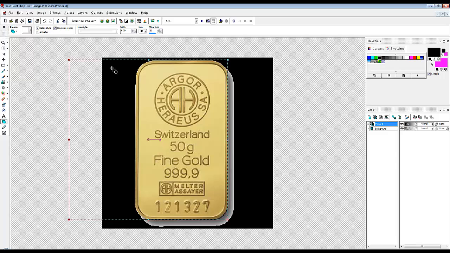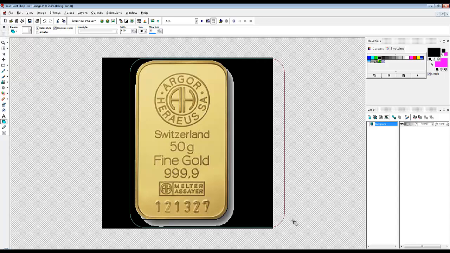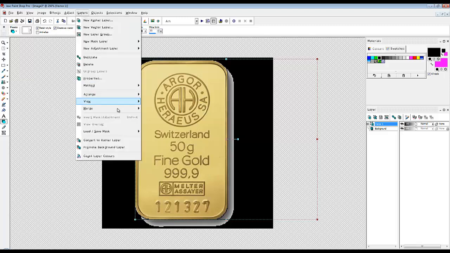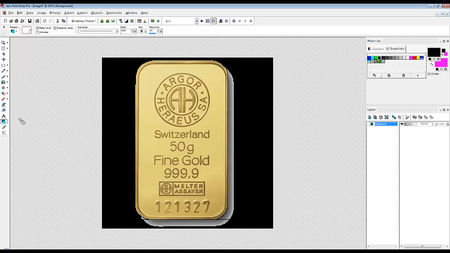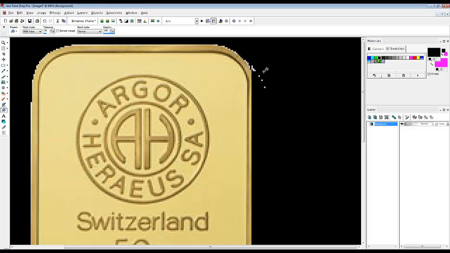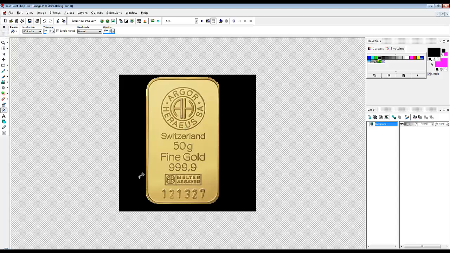And then let's see, just layers, merge, flatten, so I've got a dark line down that edge, and then do it again for the other side. Try and match that curve in there, like so. And then layers, merge, all, flatten. And then I can just flood fill these areas now, like so. Get rid of these odd spots. Whatever paint package you use, I'm just aiming to get a dark background so that this bit will be raised